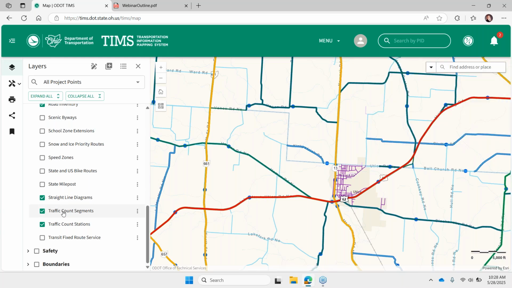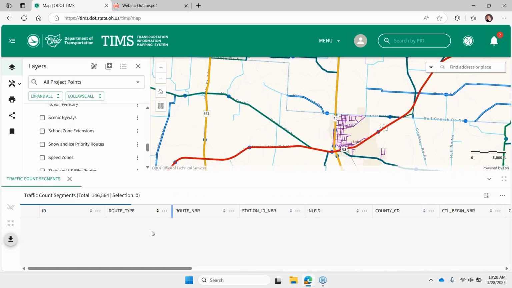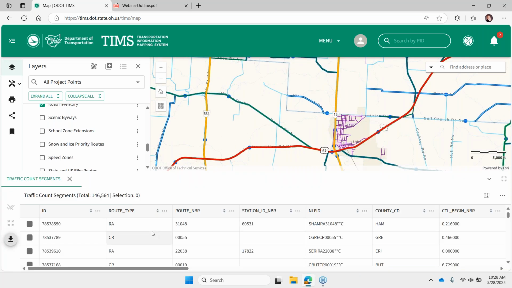Okay, you also notice in the layers list, I have a vertical ellipsis menu next to each layer. You may have already clicked on that. Hopefully you're curious and you're clicking around and getting ahead of me. That's what I want. But there we have a few more options for interacting with this data. We can initiate that attribute table. Remember, we saw that attribute table when we did the view and map from the project search page.